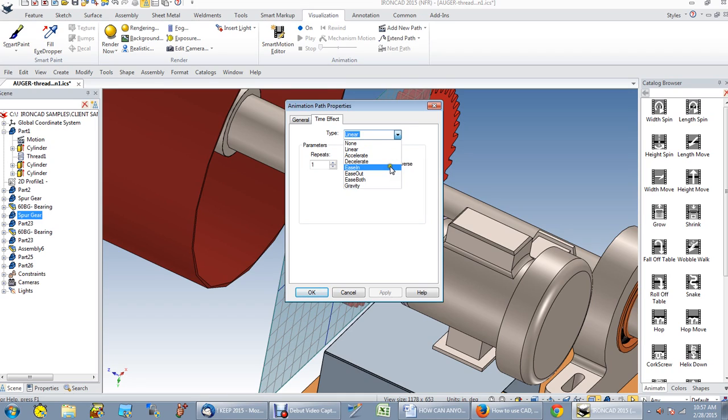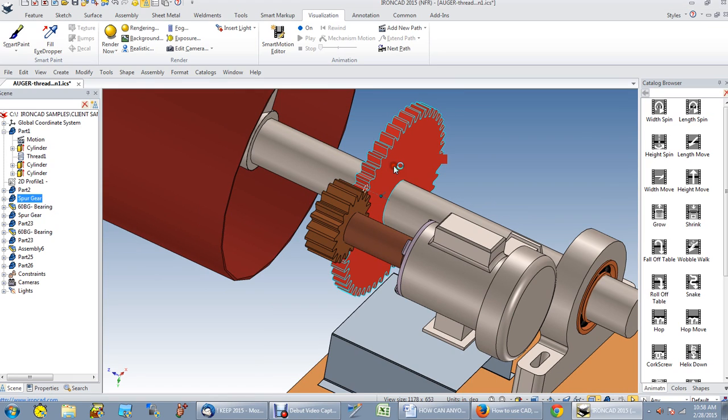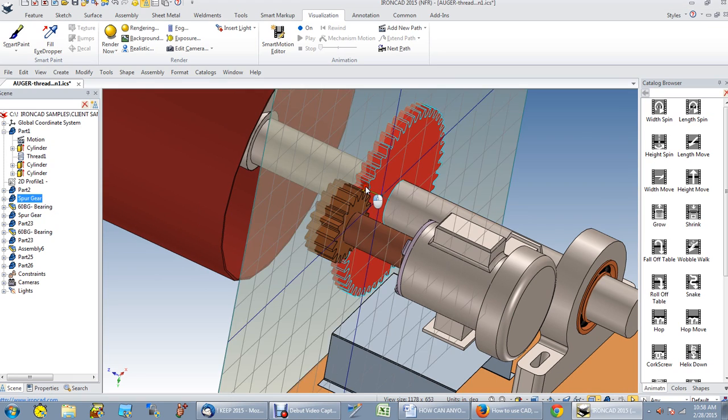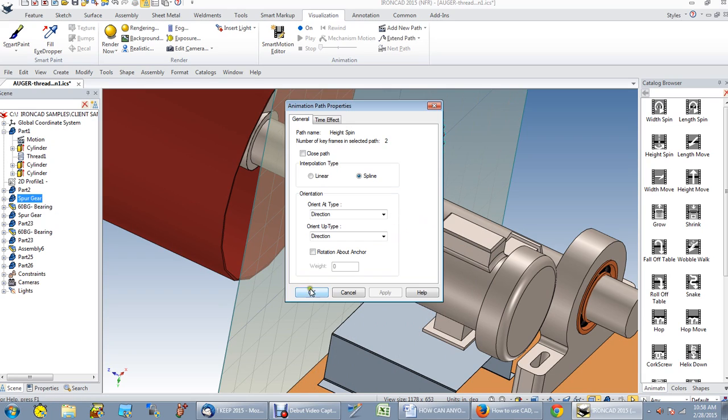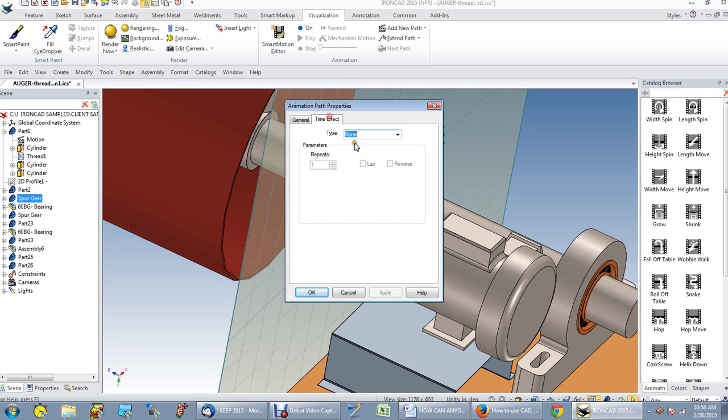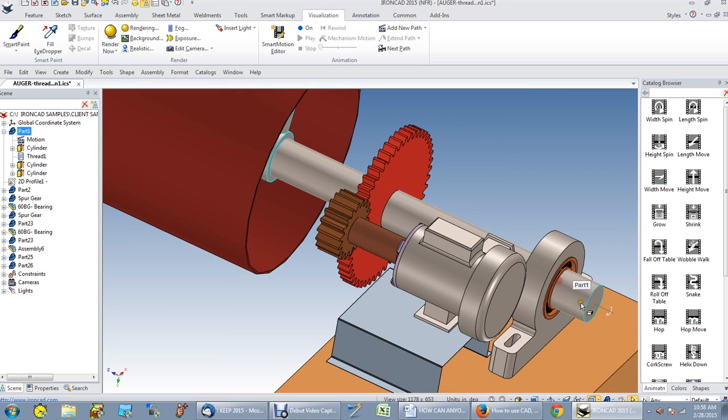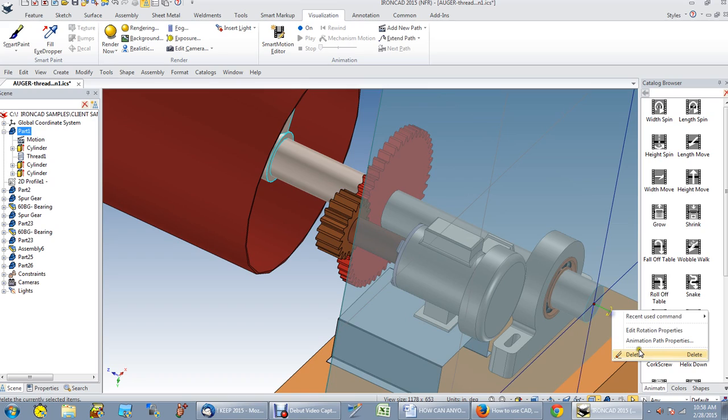You can actually have it ease in, ease out, accelerate or decelerate if you had some other functions you wanted to do with it. But for us, we just want to make it linear, and we want to have it rotate 5 times before it stops. Click off, click here, click on the animation properties here of that gear. Here again, we want to make it linear, and we want that to rotate 5 times. Click off, and let's click on the shaft, and animation properties again,